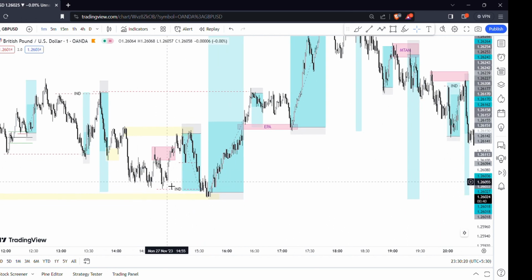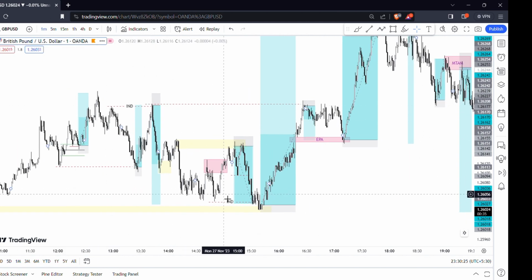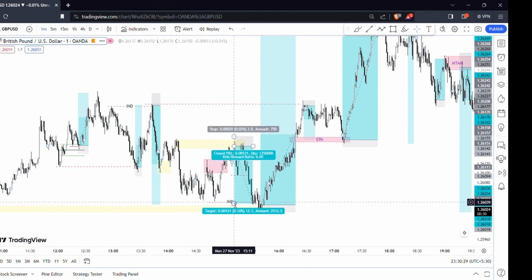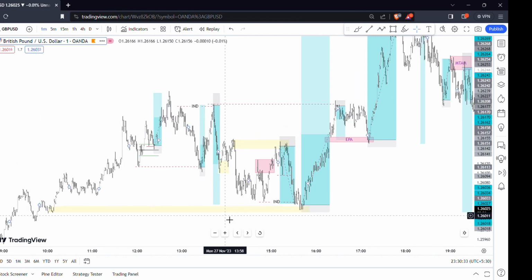Here the structural liquidity, SLQ, is not there. This is not the SLQ. SLQ should be clear like this. This is not a SLQ. In this scenario, there is only transactional liquidity, transaction inducement, what you can call. That's why I targeted this liquidity simply.